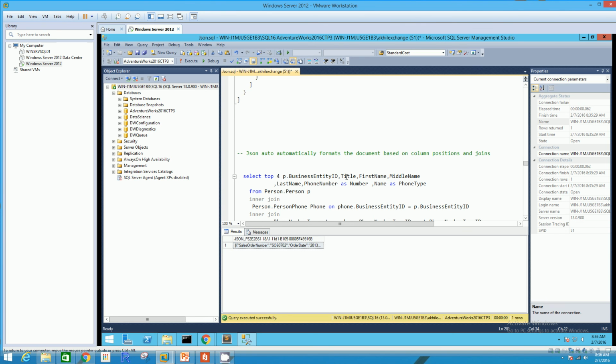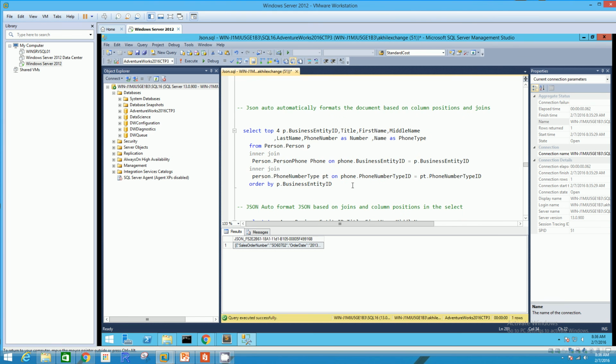It still transforms the relational data into JSON data, but the way it does it is it uses the tables that are being joined, and the order in which they are joined. I mean, the order doesn't matter if there is a relationship, like a foreign key relationship between them, but if there is not, then you have to join them in an order. So if we have a foreign key relationship between the primary table and the child table, in that situation it will use that relationship as a way to transform the data, and it also looks at the column position, where the columns are positioned in your select projection